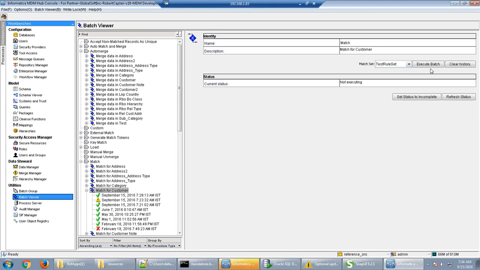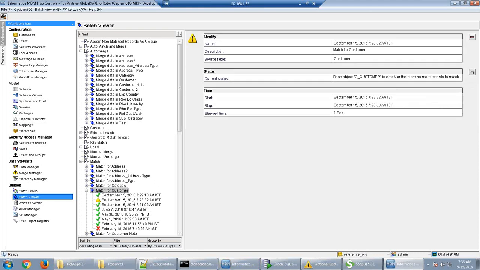As we saw, once you run the match process, the consolidation indicator changes from 4 to 2. I had only 4 records, so all the 4 records got matched. When I ran it for the second time, it gave me a warning message saying the customer table is empty or there are no records to match. So if you want to run it for the second rule, you will have to reset this consolidation indicator value. Once you have reset it, you can run it for the second rule. Or if you want, you can truncate the table fully, reload the data again, and then try to run on a different rule set.